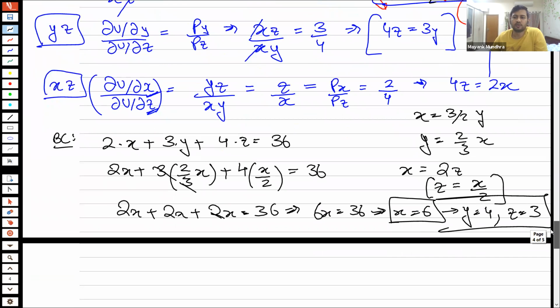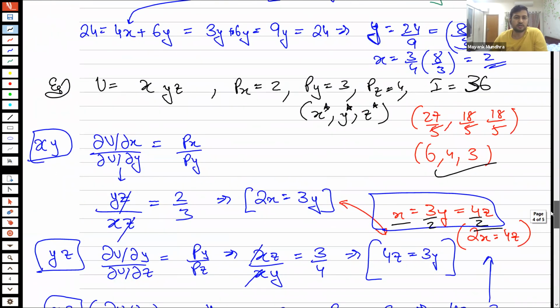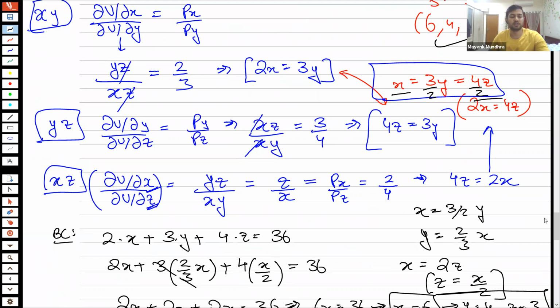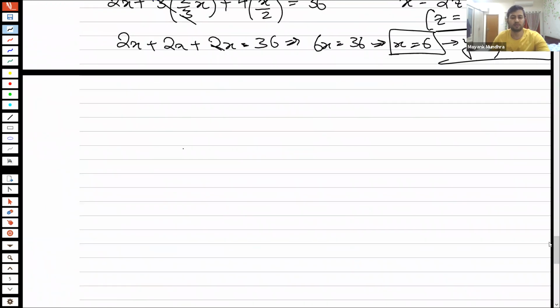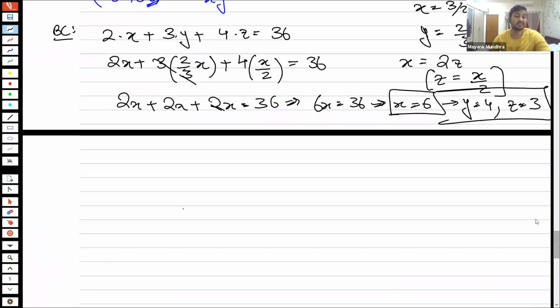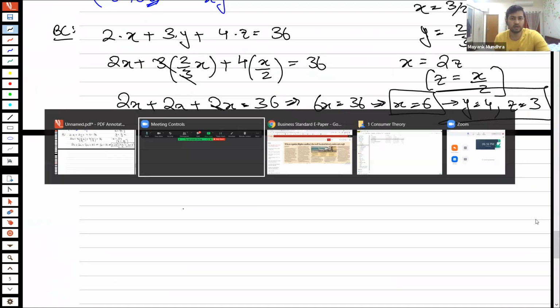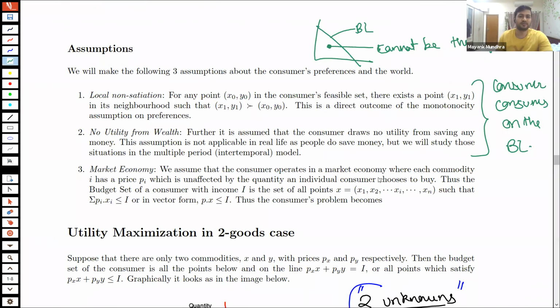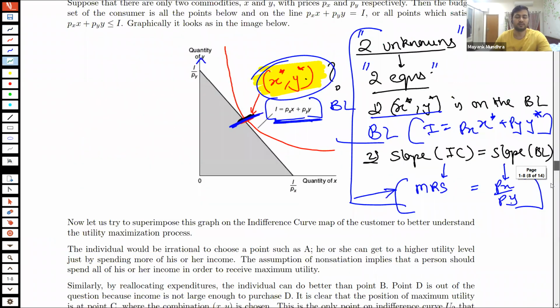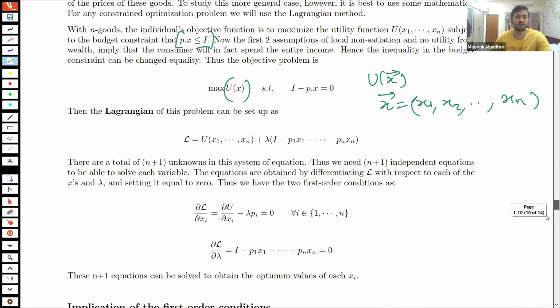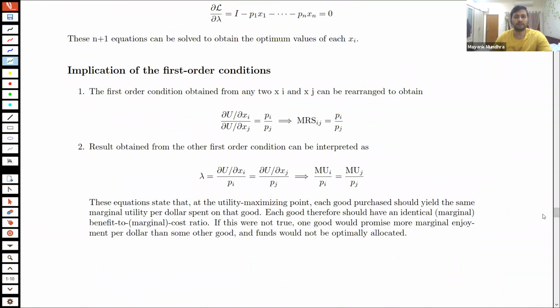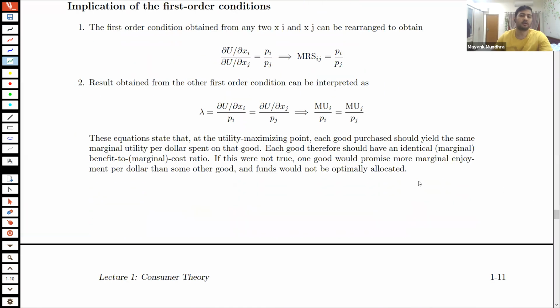All right. So this is how you need to solve such questions. There'll be more such questions in the problem sets and the test banks that I give you. So these are questions where Lagrange is usable. Then there are going to be questions where Lagrange is not usable, which are basically non-well-behaving cases. So we'll also look at that. But before that, let us look at this particular format. Okay, so this is basically a rearrangement of MRS equals price ratio, right? So this is your MRS equals price ratio.